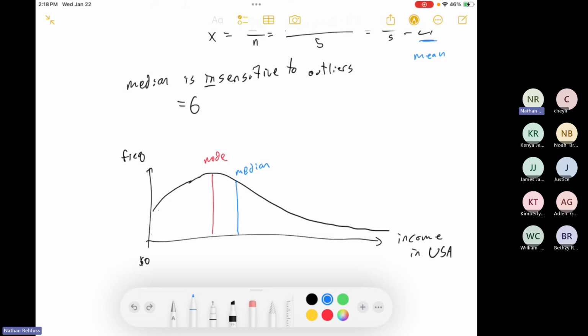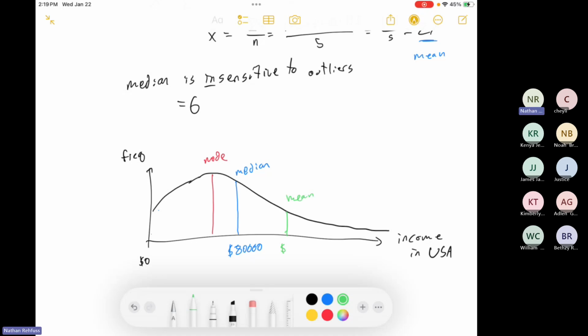So for a household, the whole house, not just one earner, in 2019, the median was $80,000. So half of all households made less than 80,000 and half of all households made more than 80,000. However, the mean is,